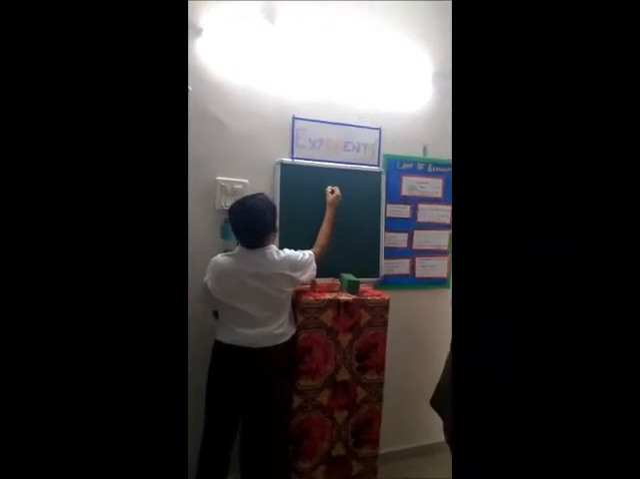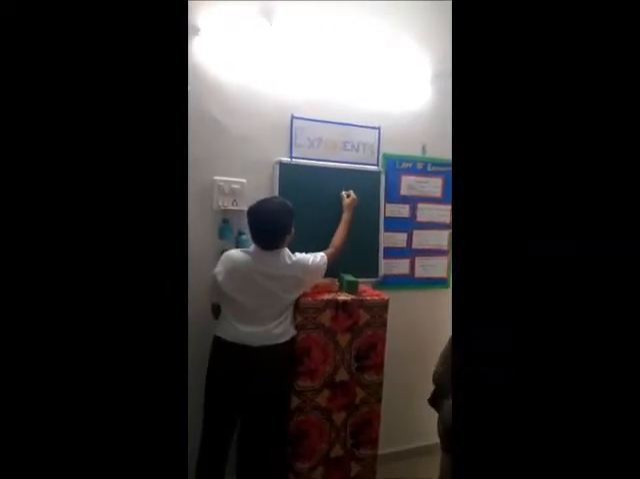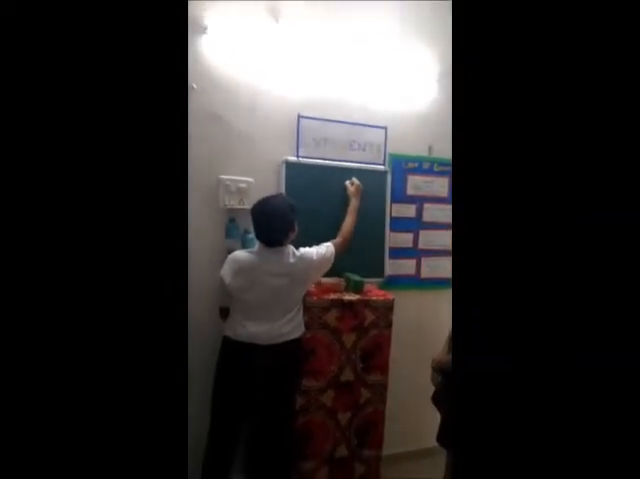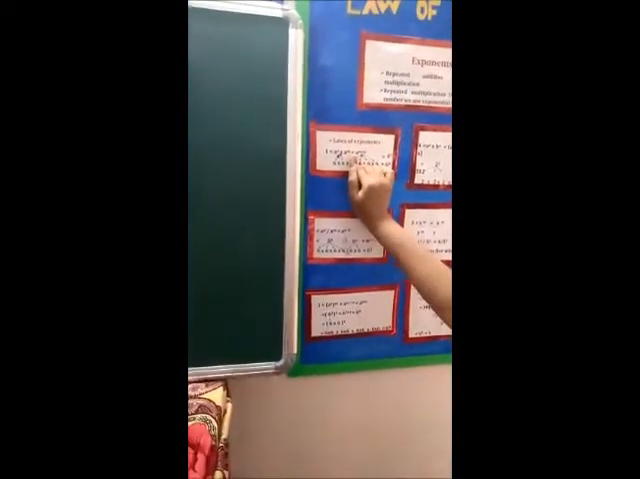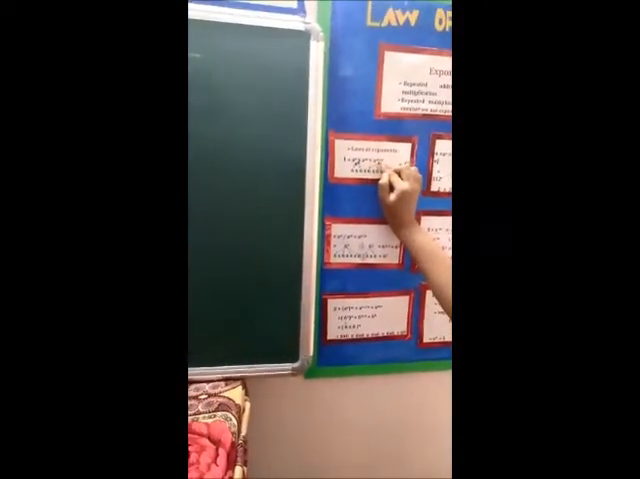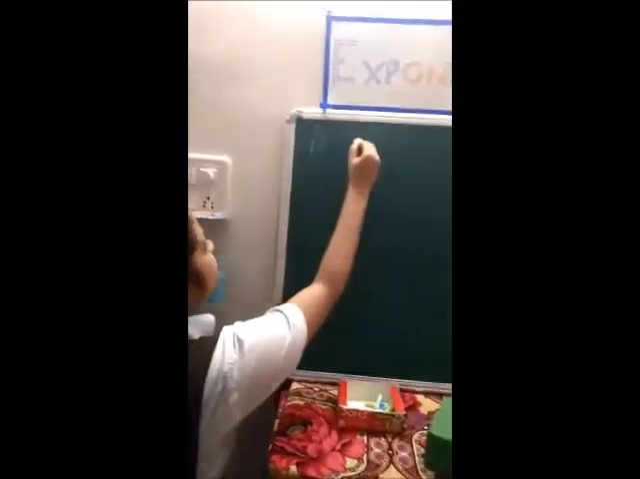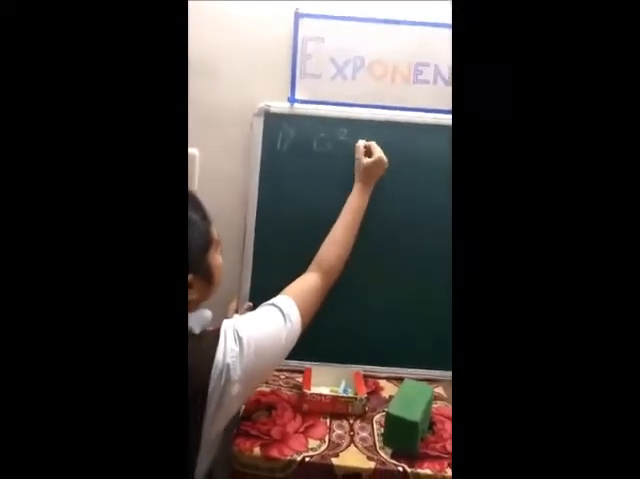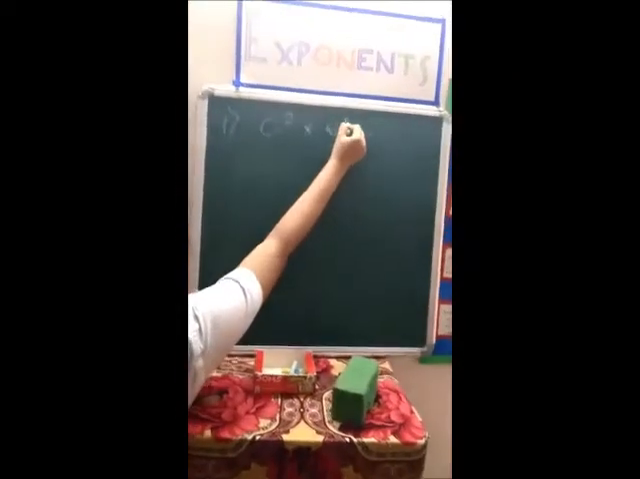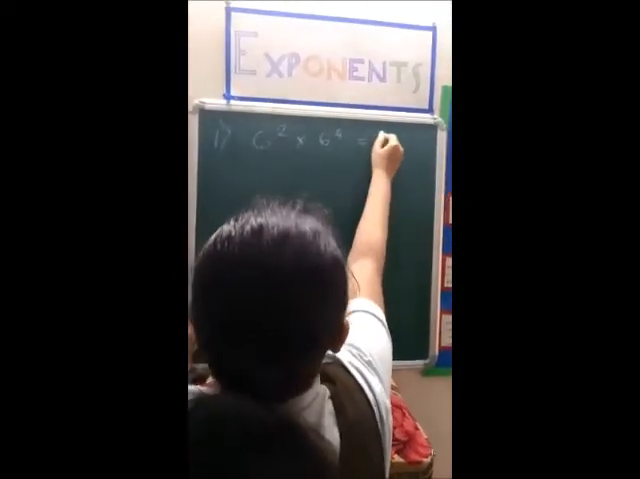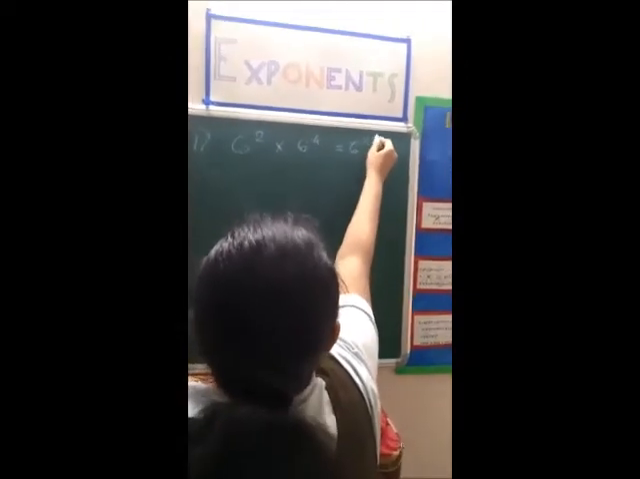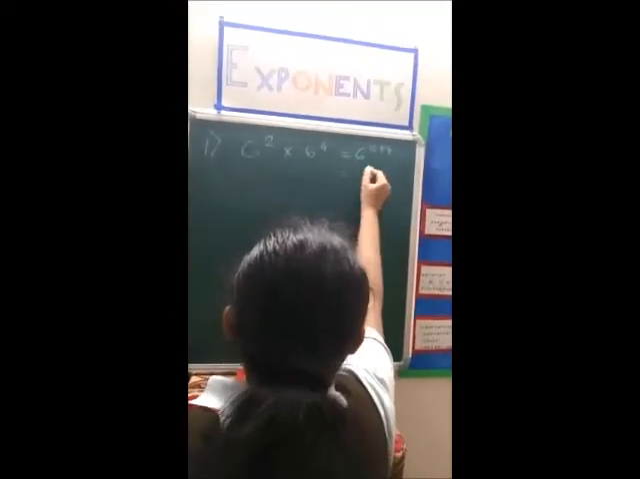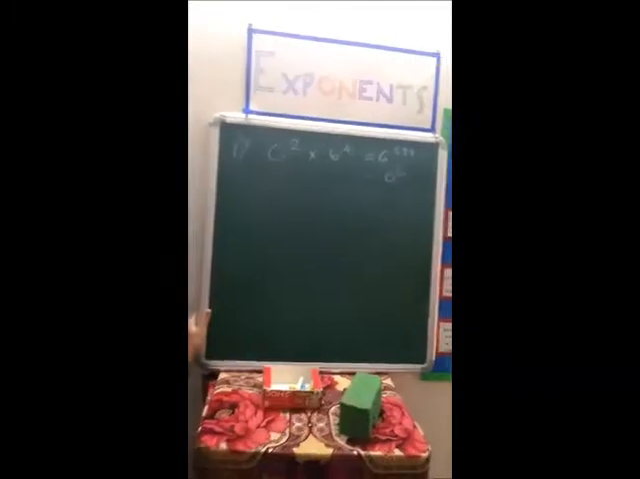So, we will take a as a base and n as an index or exponent. The first law: a power n multiplied by a power m equals a power m plus n. For example, 6 power 2 multiplied by 6 power 4 equals 6 power 2 plus 4, means 6 power 6. To prove that,